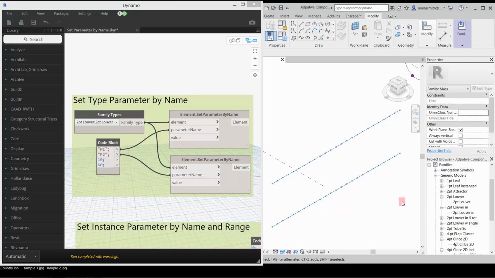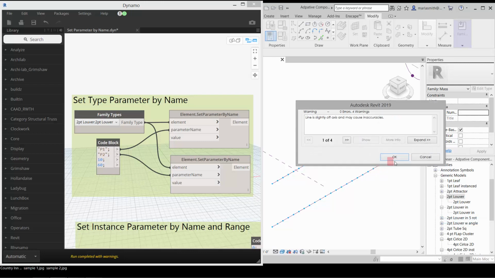All right, we are going to set some adaptive component parameters by name here. You could use this for other parameters as well in Revit, but I'm going to use an adaptive component. So the adaptive component I'm going to use for this one is the 2-point louver, and if I edit that and open that component up,